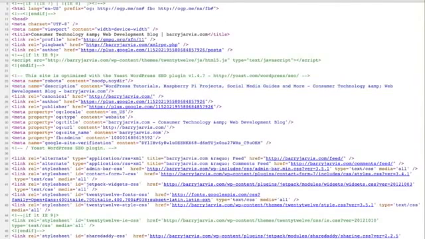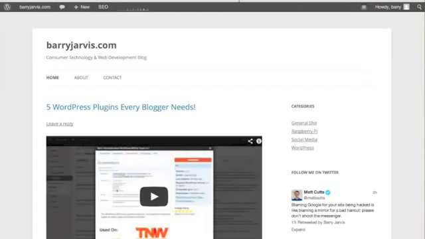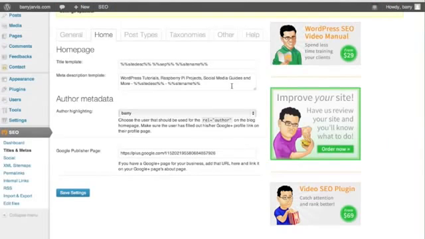Okay, so that allows us to change that. So that's our homepage setup for our meta description and title. Now we also have author metadata. Now what this is